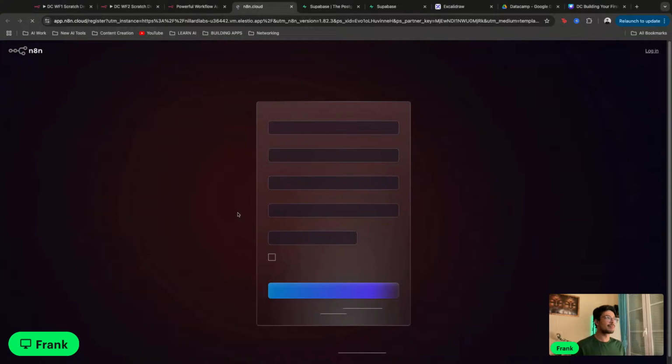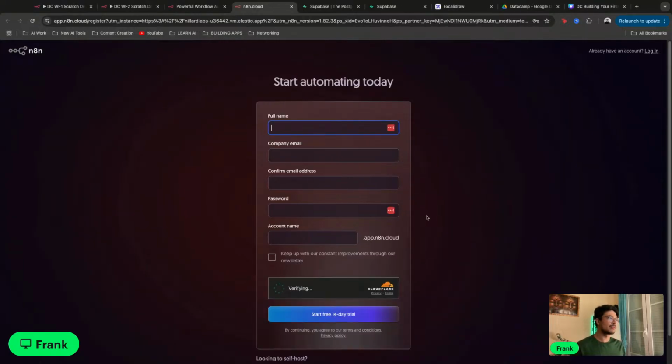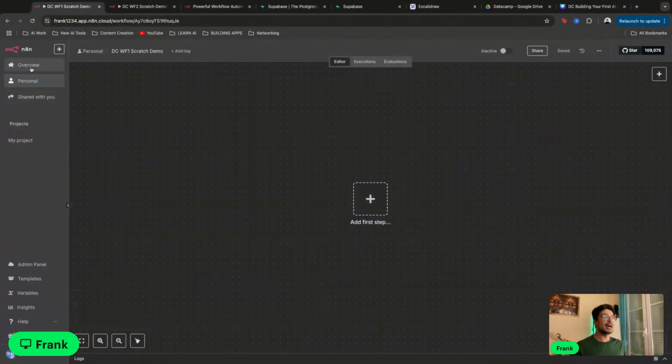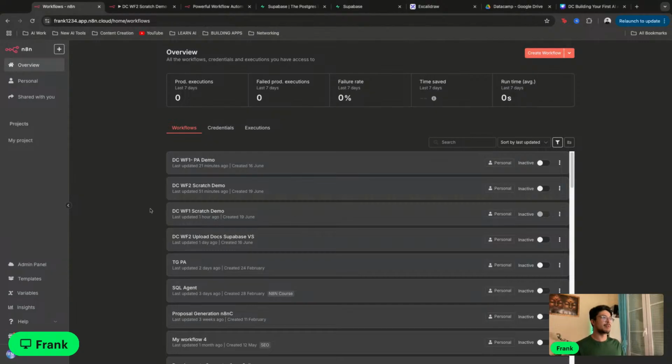So when you click, you probably see something like this, or just hit the Get Started button, fill in all the details, and you should then see a dashboard as follows, okay? You probably have it blank over here, which is completely fine, because what you would do then is create the workflow, okay? I know that you can't open the JSON file, and I'll show you right now how to do that. So just log in, okay? Create your account, and once you're in here, you're gonna go ahead and create a new workflow, okay? So just hit create workflow,